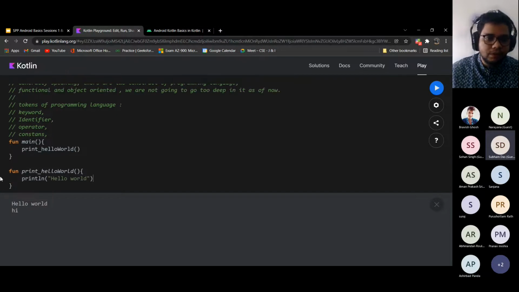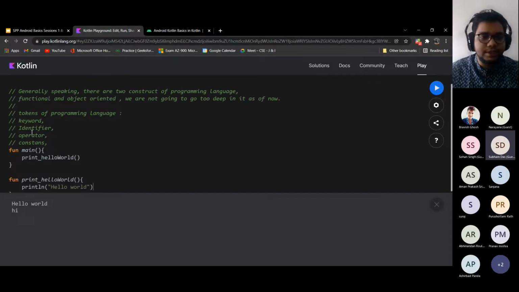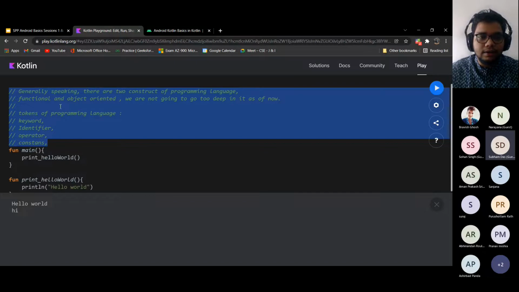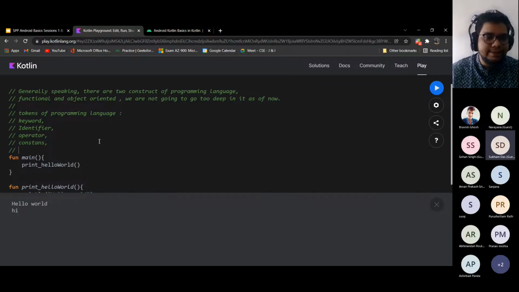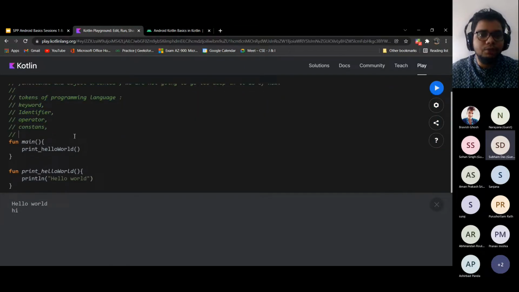Now other things that we need to know is, you can see there are these green color words written over here, and they are not being executed, and we are not getting an error for just writing like this. So what exactly are these called? Comment lines. Once you write a comment line, the compiler actually ignores these statements. This is for your reference, so that you can keep track of what you are actually doing.